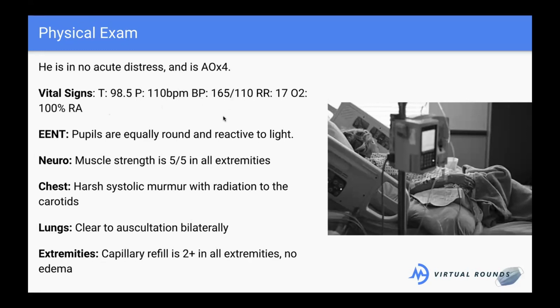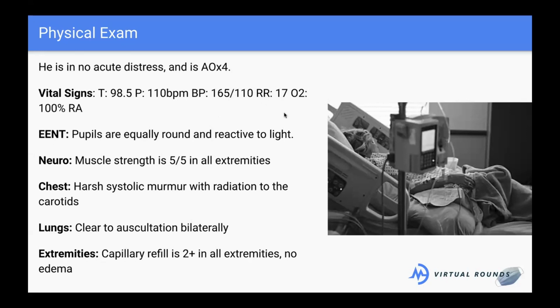This is definitely high. Does anyone know the normal for this? Yes, exactly. 120 over 80 is like perfect blood pressure. I don't even think I have 120 over 80 because I'm chronically stressed from med school. You will have high blood pressure too one day, probably. I hope not, but you might. So that would be perfect. He's a little high, especially since he's supposed to be on medication. So we don't really love that.